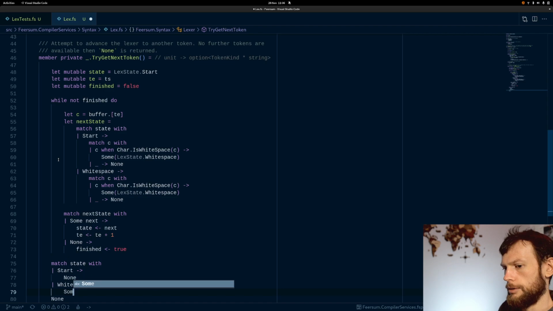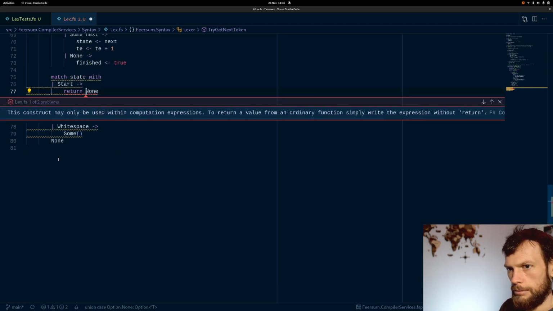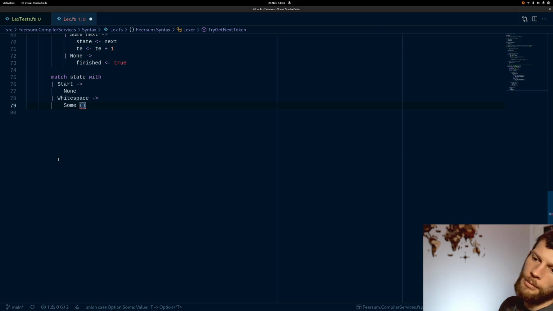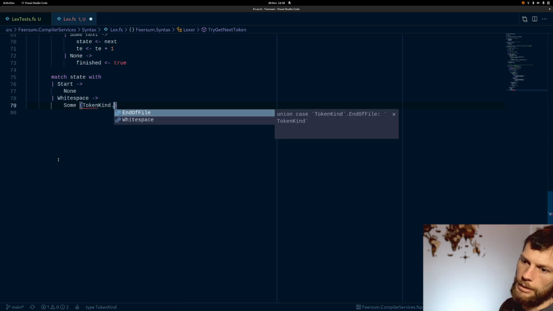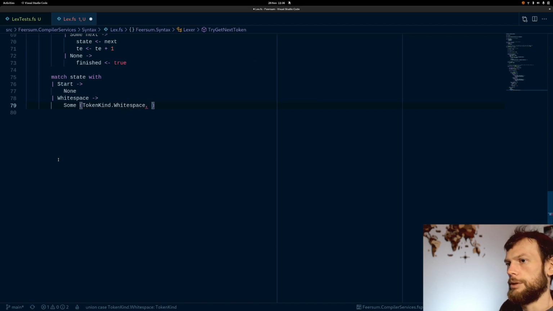We want it to return some. Can I do like a return here? Okay. So if we got white space, you want to return some of token kind white space, and this needs to be buffer